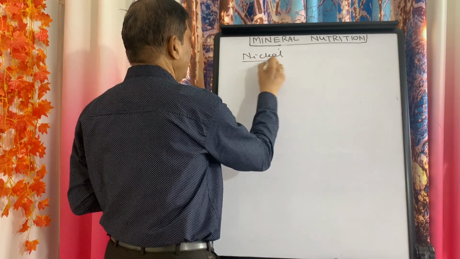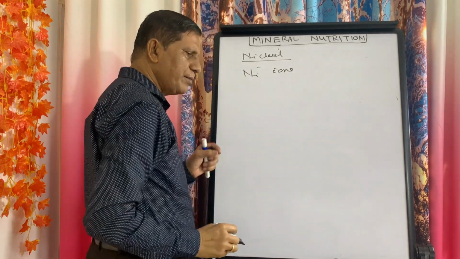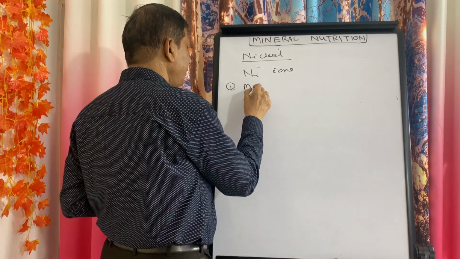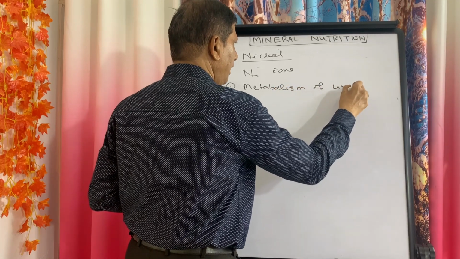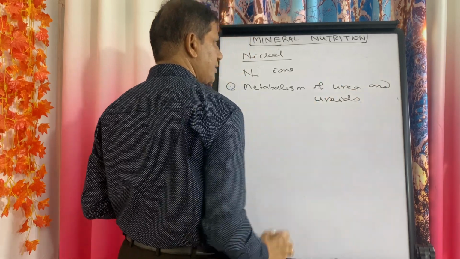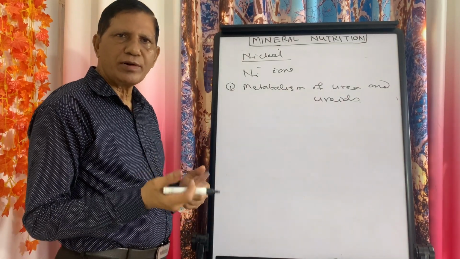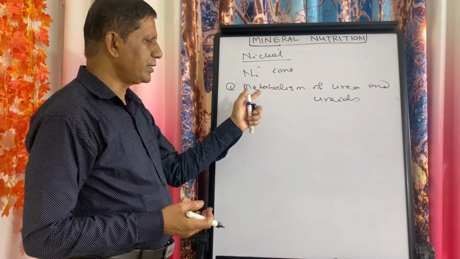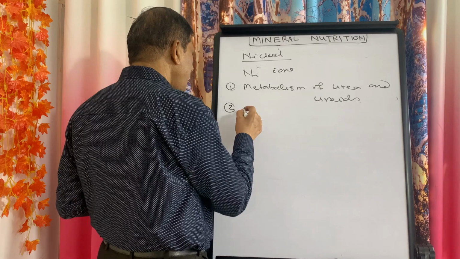Among the different roles, usually it plays a very important role in the metabolism of urea and urates. Urates means these are amides. When more than one amino group is there, we can call them urates. So in the metabolism of both urea and urates, it plays a very important role,